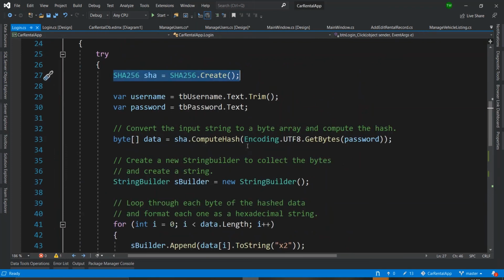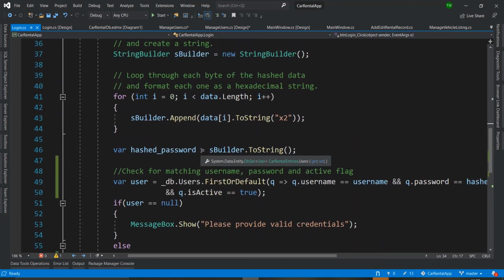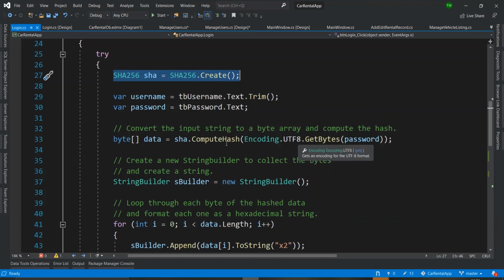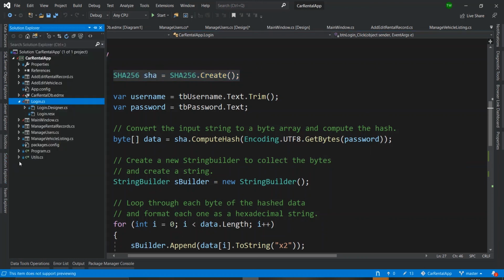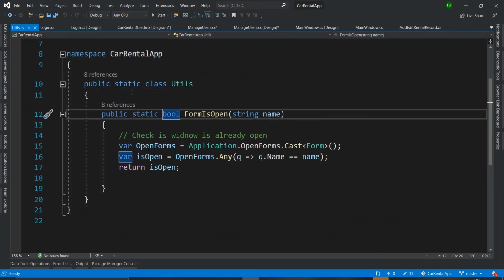If you look back in the login.cs file, you see SHA-256 and you see all of the code that we need to hash. So I'm actually just going to copy and paste a lot of this. And then you see that once it's repeating itself across multiple forms, we could probably create one function that does this job. So I'm actually just going to do that right now. So inside of my Solution Explorer, I have a file called utils, right? And then in this class, what I had done was I created a utility for the form